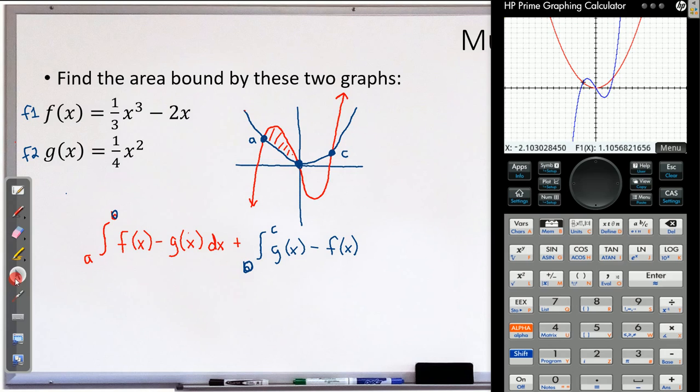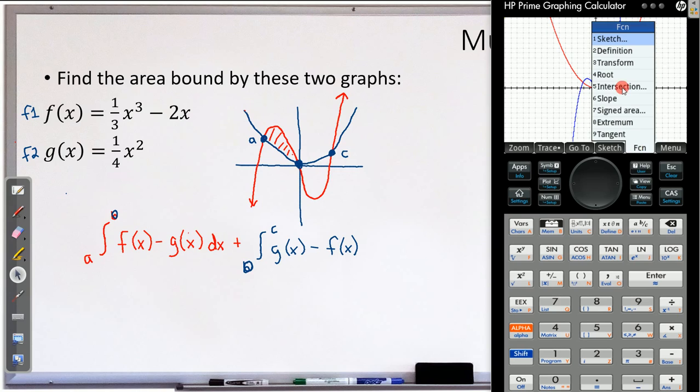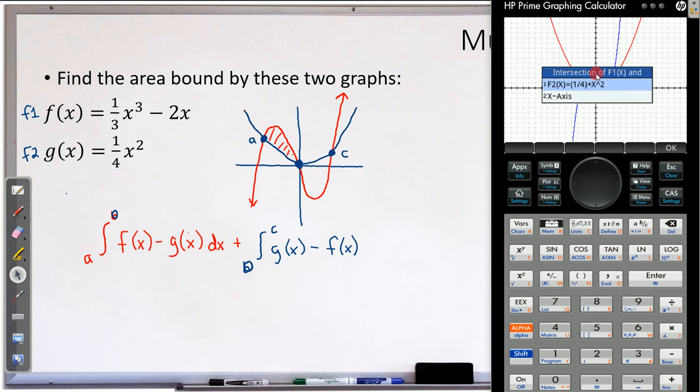So go to your calculator, tap somewhere near the intersection. Now that is not good enough. That is not exact, so do not use that number. Go to Menu, Function, Intersection. You want to find the intersection of F1 and F2. So you can either hit Enter or tap on F2, and then it will tell you the exact intersection, negative